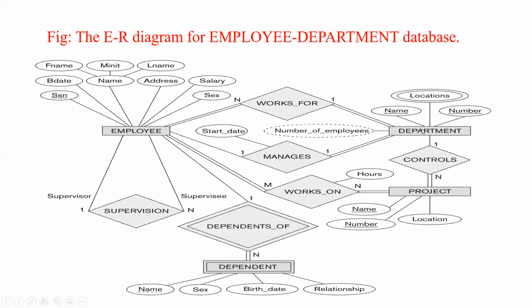Now department controls project. So here, department is one object, so that is one instance of an entity. It controls projects, so many projects they can control. This cardinality is one to many. From this you can say project controlled by department, that is, the projects controlled by department, that is a many to one relationship. Employee works on projects, so this also is total participation.